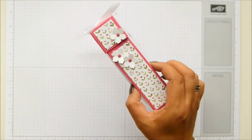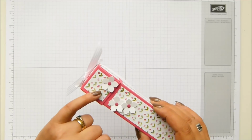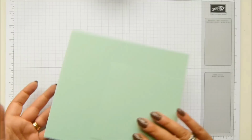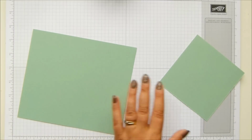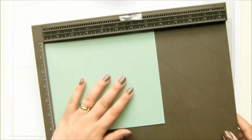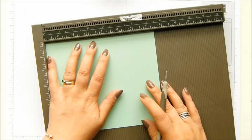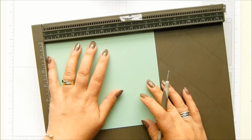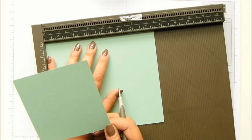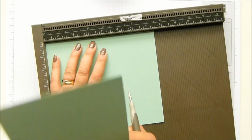I'm going to use the same paper pack, different colourway. So this is Melon Mambo with English Garden. I'm going to use English Garden again, but I'm going to use Mint Macaroon, or Macaron, this time. For the base, you need a piece of cardstock that's 7.5 by 6.5 inches, 19 by 17 centimetres. And for the lid, 4 9/16 of an inch by 4 9/16 of an inch, a smidgen over 4.5 inches,